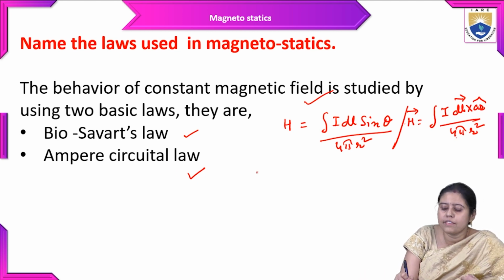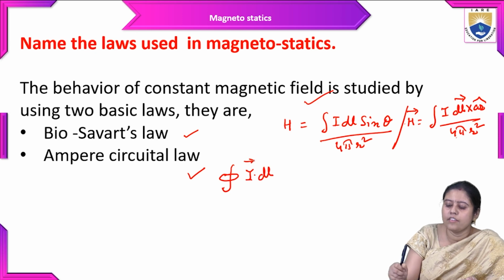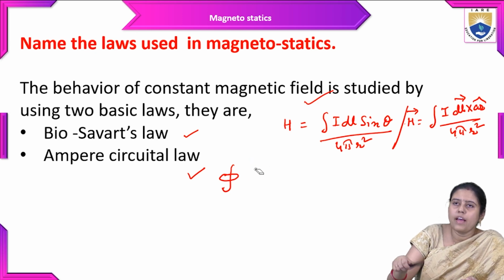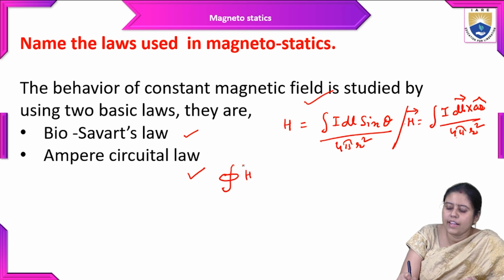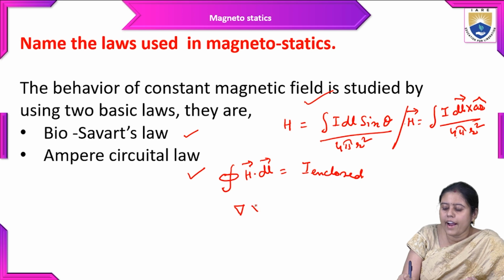What does Ampere's circuital law tell? Ampere's circuital law tells that if a current is flowing in a conductor, there will be a magnetic field, and the integral of H dot dl is nothing but the enclosed current I. And in vector form, we can write curl H is equal to J plus dD by dt,